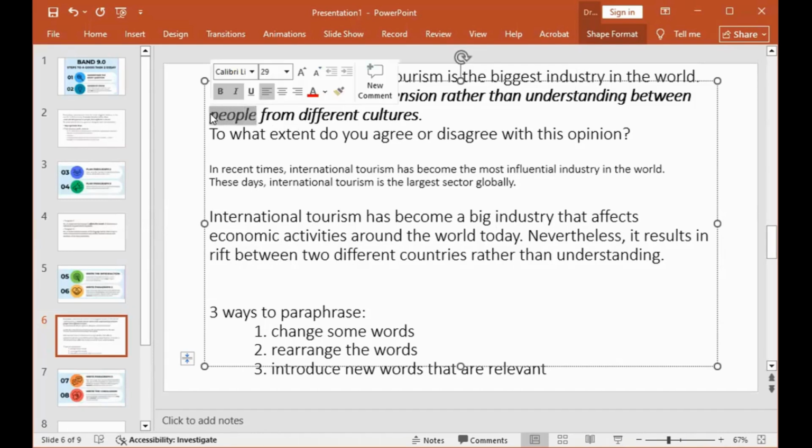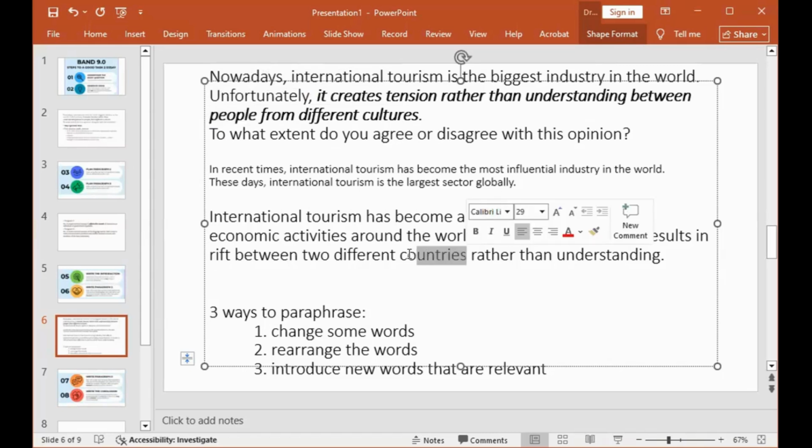If you are going to remove a word from the essay question, it should not be a very important word. For me, I think "people" is important. Even though "countries" sounds like it's replacing people, I feel people should still show up somehow. Do you get my point? People is always important in any essay question I write. So it results in rifts between